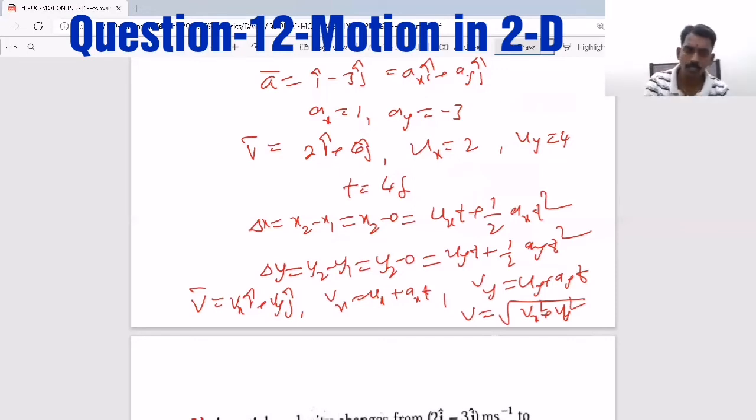But when you want to solve questions based on motion in 2 dimension like this, general questions, apart from special cases like projectile motion, you should have the idea of solving uniformly accelerated motion. Like we have motion in 1 dimension, whatever we have studied previously, those topics you can refer, like average speed and average velocity. Also how to deal with uniformly accelerated motion.